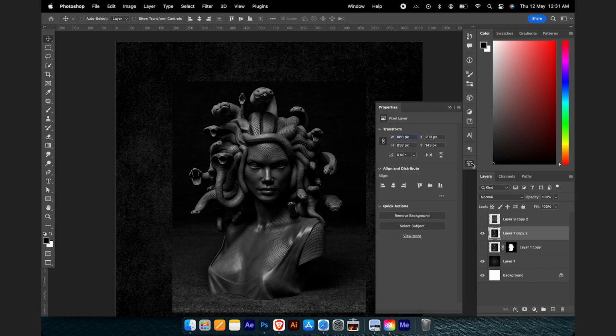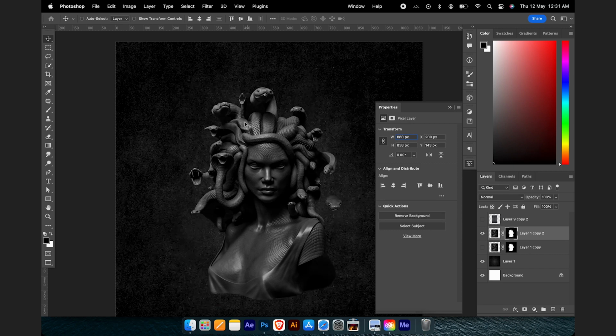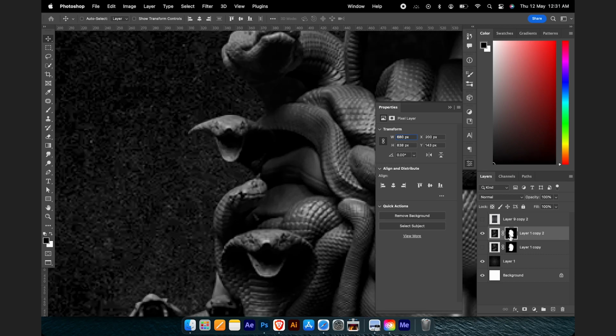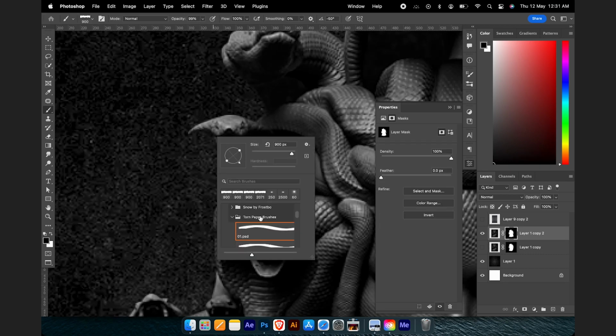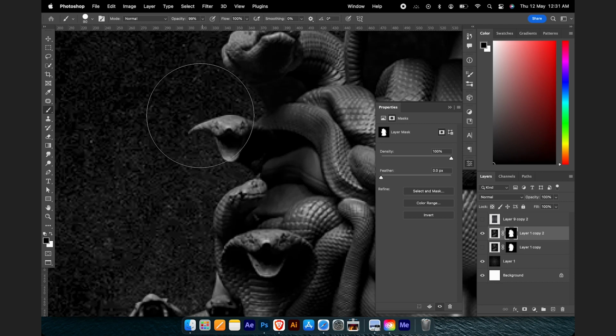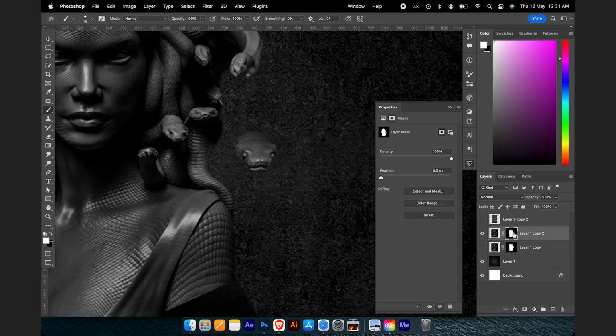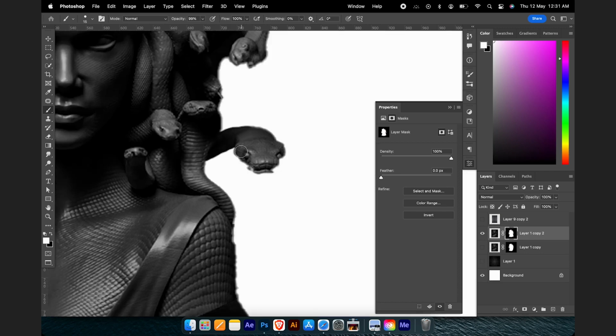If you are on a new version of Photoshop, then you are going to find this remove background button. It works like magic. As you can see, it's not that perfect, but it has already done so much of the work for me. So you can just take a hard brush or soft brush, then start correcting the selection. I can see there's some part left out, so let's